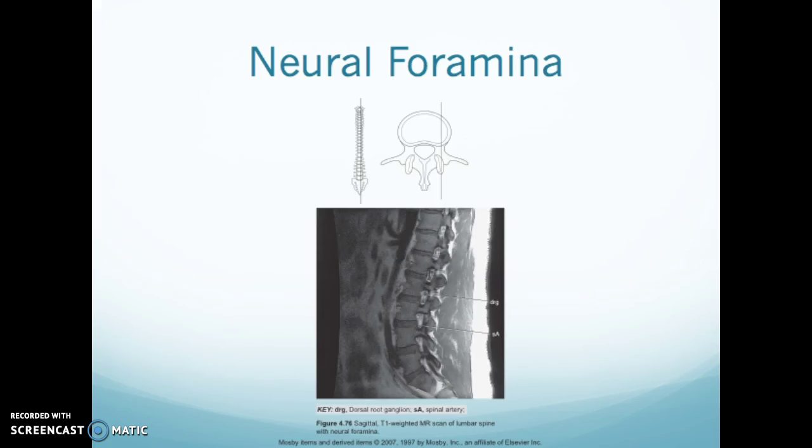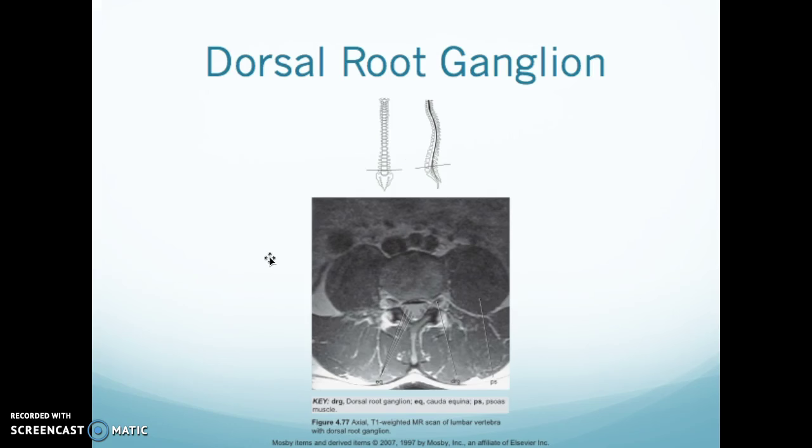And here is an MRI T1. So you have your dorsal root ganglion with your spinal artery in the lower portion of your intervertebral foramen. Your dorsal root ganglion, so here's your psoas muscles on either side. This person has pretty big psoas muscles, bigger than the body, so they're in good shape. Here's your dorsal root ganglion, and here's your cauda equina there in the middle with your nerves just free floating